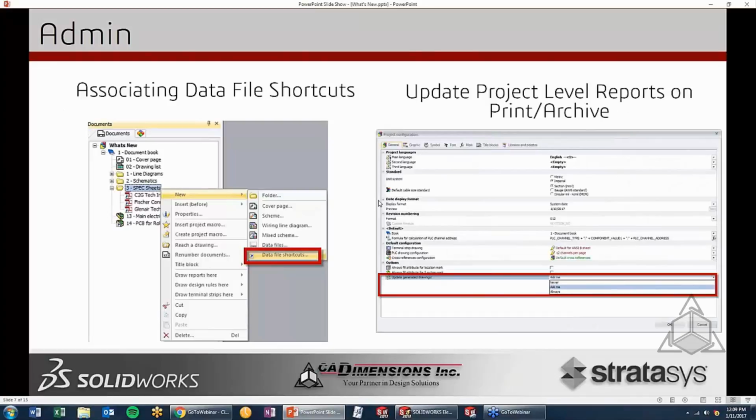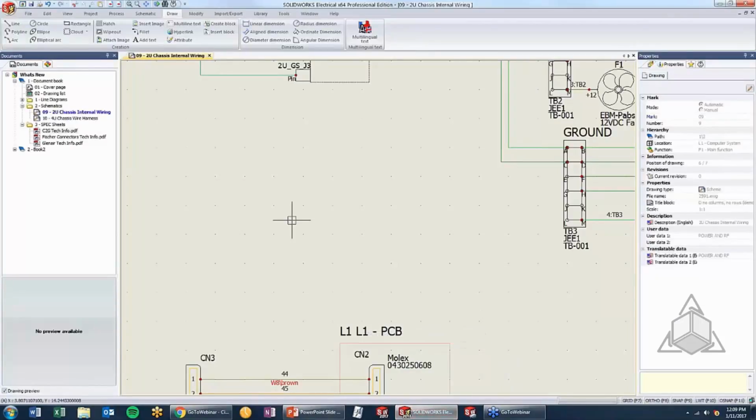Next thing, as far as administrative goes, the ability to update project reports when we go into a print or an archive situation. So in previous versions, you could archive at any time, but if something was out of date or something had been modified before, it wouldn't really let you know. It would let you archive at that current state. So we might have had a wire number that wasn't updated. We might have had a component that didn't have a mark on it and needed to be pushed through the